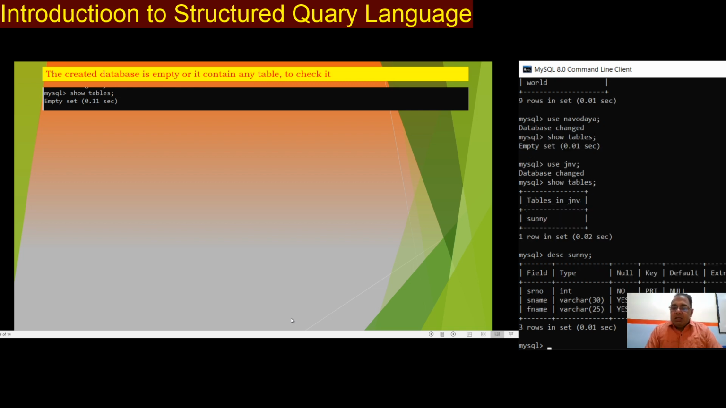just like this one. Here in this table I have three fields named serial number, S name, F name, with types int, varchar and varchar, with sizes 30 and 25. Now we have Null: No, which means serial number cannot be null. After that, S name and F name can be null. Then I have defined the primary key on serial number, that's why it cannot remain null, and the default is null. Here if I want to proceed with the same table, then I can use Sunny as a table, but